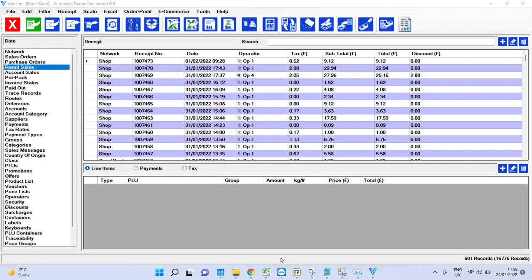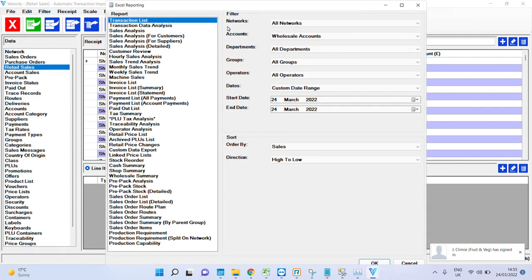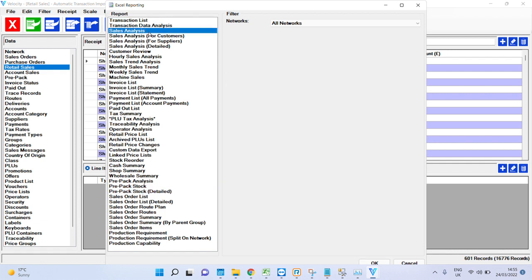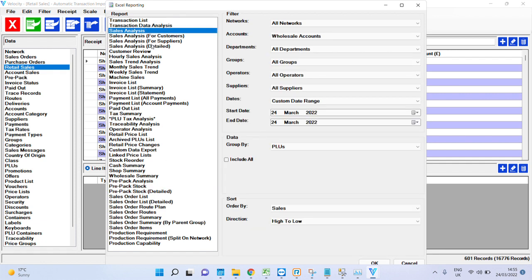So if you open Velocity and then you want to click on this button which has the Excel icon on it, so these are all your Excel reports. So the way to run them is you just select which one you want and then choose what filters you want. So I'm going to start with sales analysis, and I'm going to say, so you can run it based